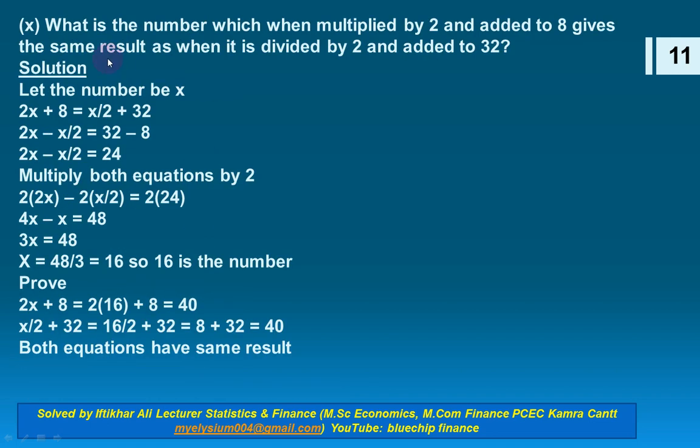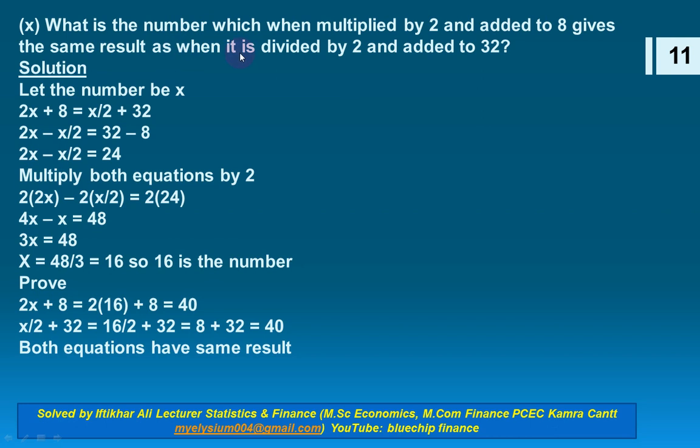In the 10th question: what is the number which when multiplied by 2 and added to 8 gives the same result as when it is divided by 2 and added to 32? So the number is missing here, so the missing number will be x. Now read once again: the number multiplied by 2 becomes 2x, and added to 8, it becomes 2x plus 8, gives the same result